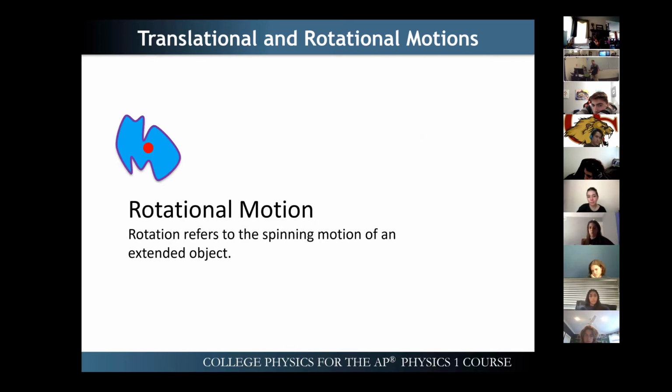What we're going to be talking about now is rotational. What if instead of that object moving from position A to position B, it's just spinning around its own axis? Well, that is rotational motion, and there's a whole different set of equations we use for